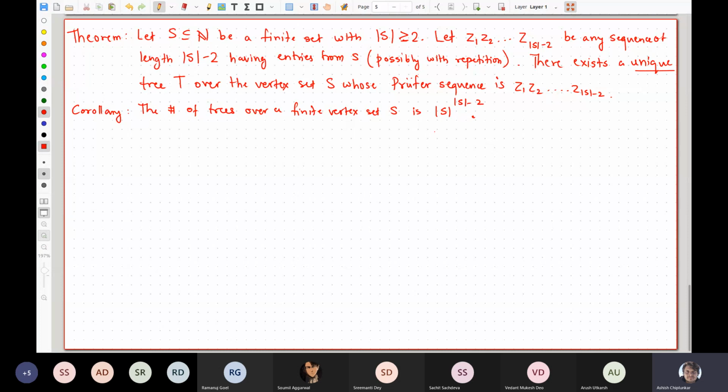Okay, so should we try to prove it? Actually, the proof is not too hard. It looks like a big heavy hammer kind of a result, but after all the intuition that we have developed so far, the proof is not too hard. So, proof of theorem. This is not the proof of the corollary. The corollary is kind of easy.